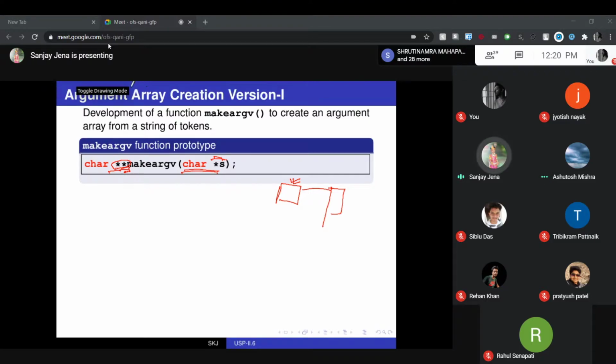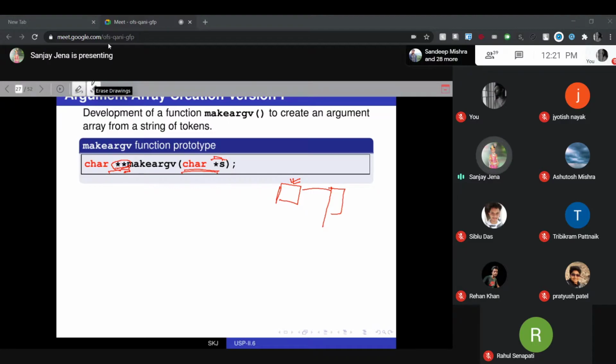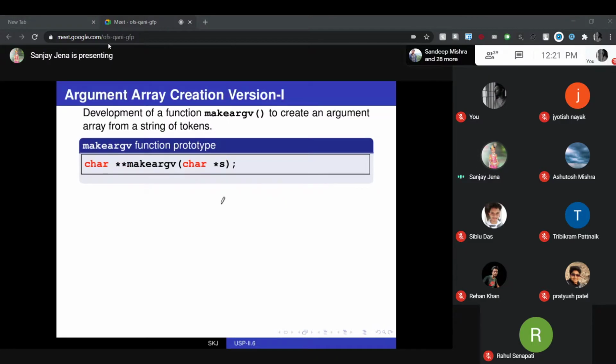Why a double star? Because in the function body you create this argument array. After creating it, the address you send is going to be stored in a variable.